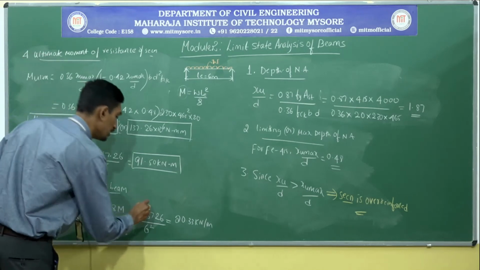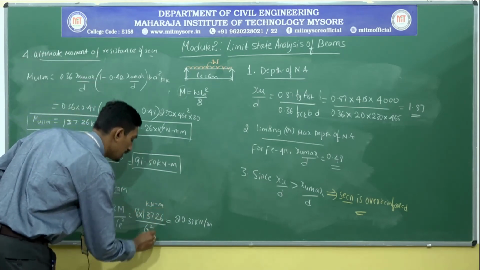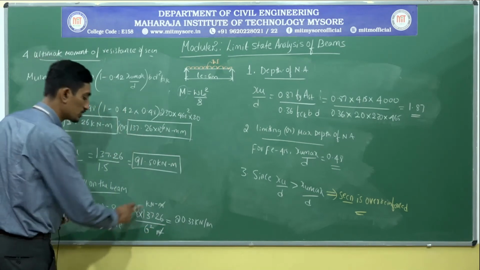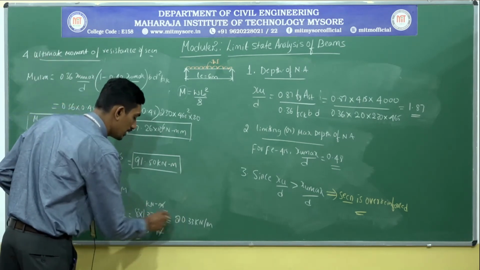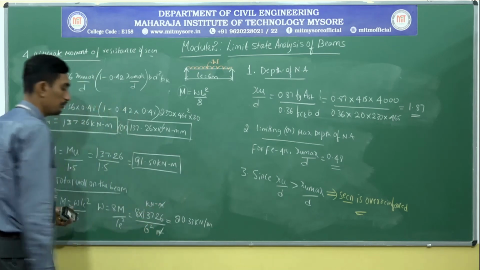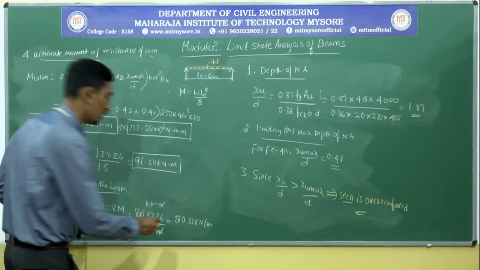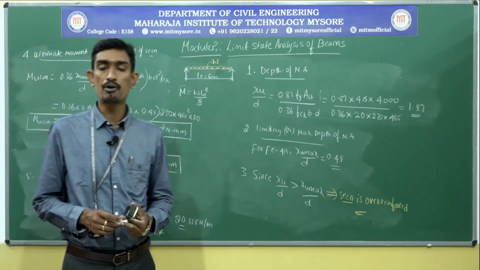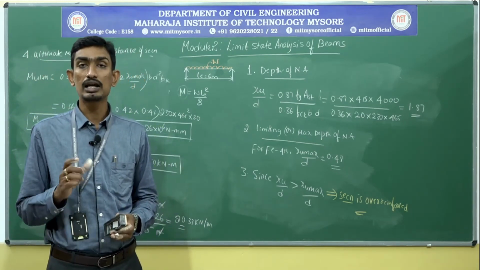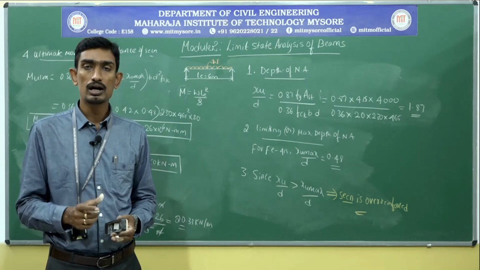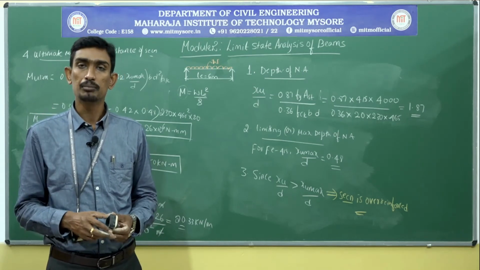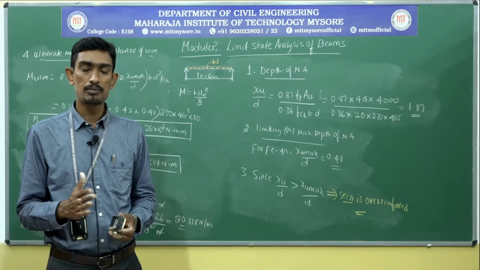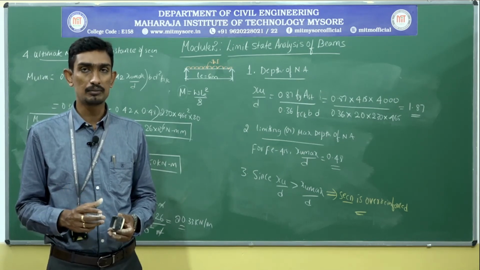Okay, you already know that here it is kilonewton meter and here meter square. Meter, and this will get cancelled, so it will become 20.33 kilonewton per meter. So this will be your total load that will be acting on the beam. So 20.33 kilonewton per meter includes both dead load and live load acting on the beam. Okay, is it clear? So these types of problems you can expect in the examination.